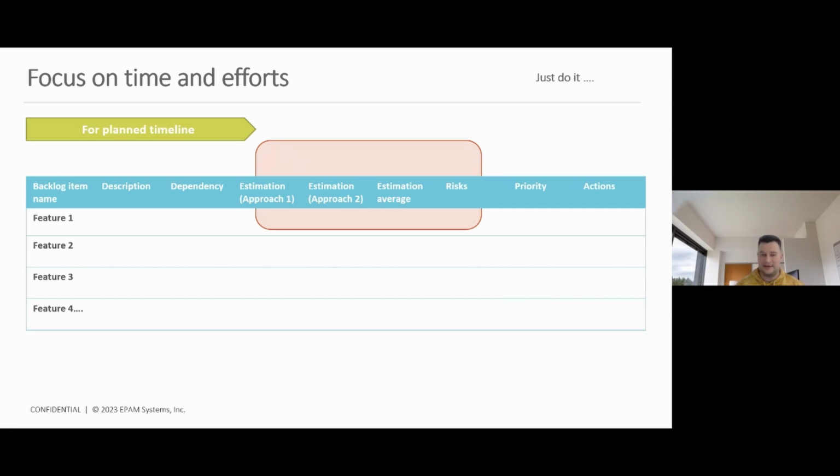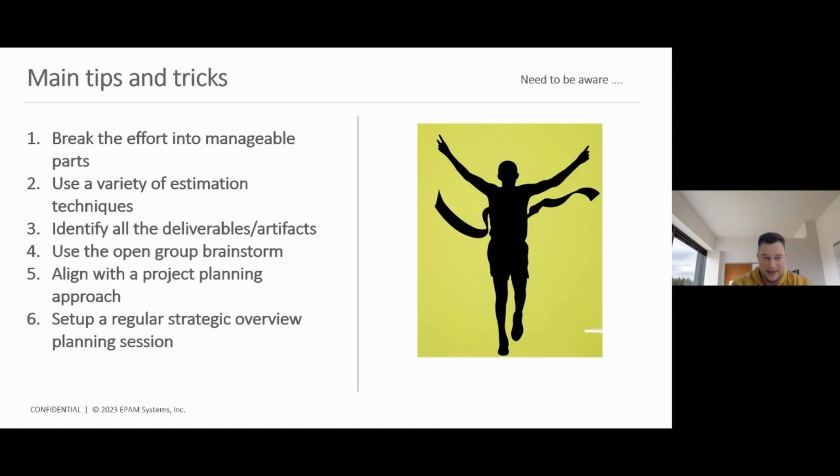And in that discussion, during the estimation session, during the live, very open and honest discussion inside the team, believe me, guys, you will have a lot of insights related to the potential risk, related to the priority, related to the actions. This is a key value of this template. Please use this complex template in your practice as well.